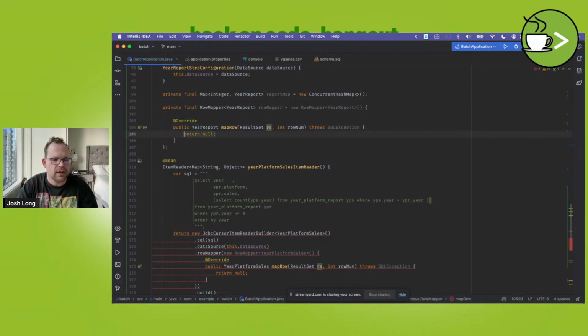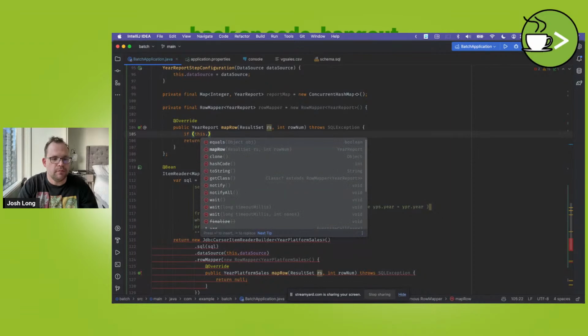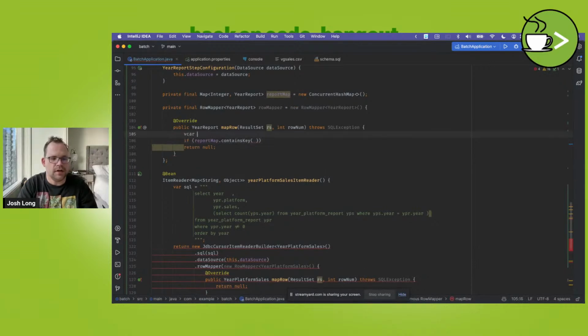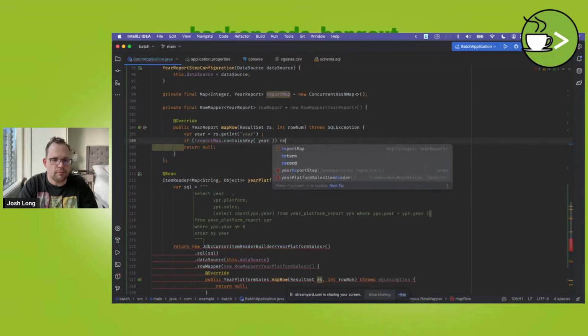So we're going to say, okay, if report map contains key, var year is rs.getInt year. If it contains that key year, then, if it doesn't contain it, report map.put